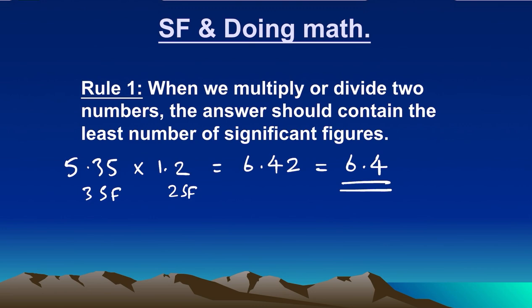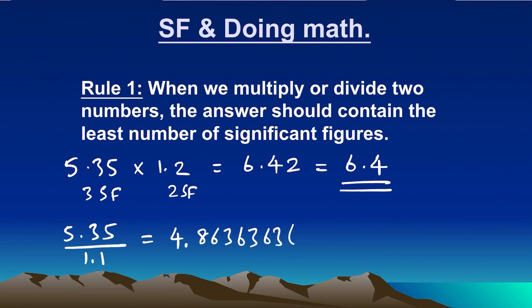Another example we can take, that is 5.35 divided by 1.1. Again, if you do this in your calculator, you're going to get 4.8636 like that. But the right answer is